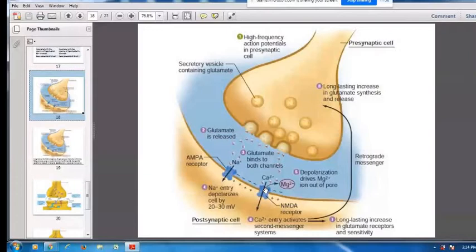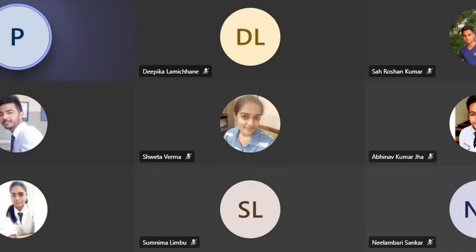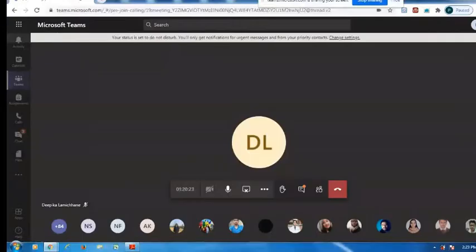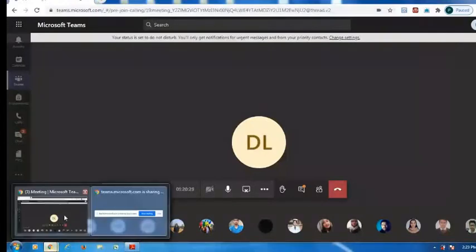Actually, please listen, both these pictures are very, very important. But the picture that I am showing to you now is not in your textbook. It is a very simple one, but it is not in your textbook. What is not in your textbook is usually not liked by your examiners. They like the complicated ones which are present in the textbooks. So this is the one which is present in your textbook.